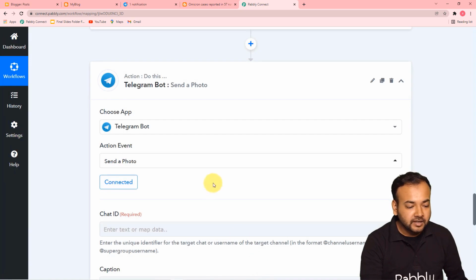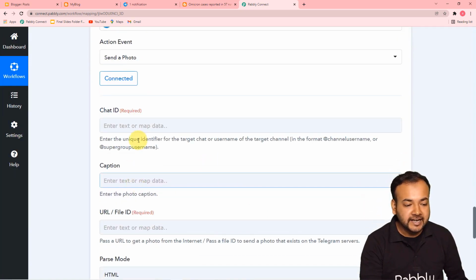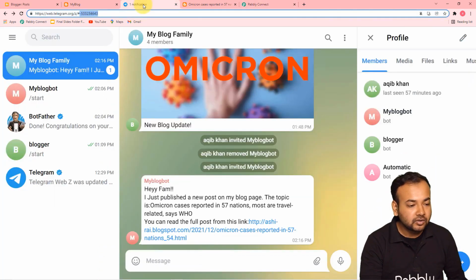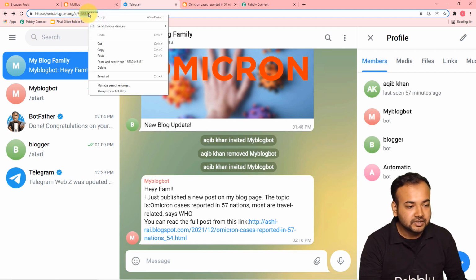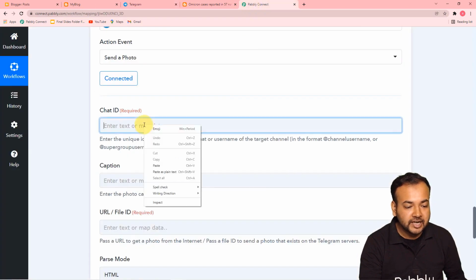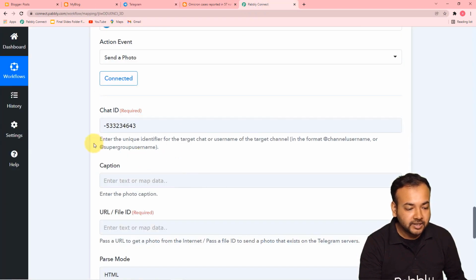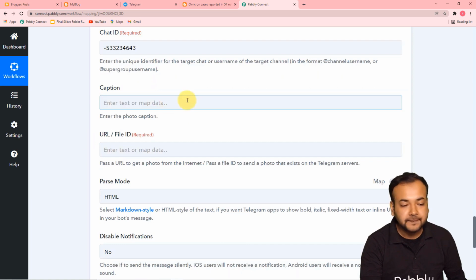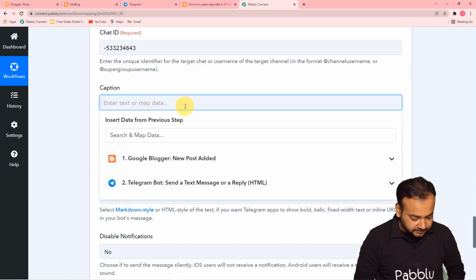Okay, and here it is asking for the chat ID. So you'll find the chat ID from your group. When you open your group, you will find the chat ID on the top on the search bar. Okay, after this hashtag, just copy this string of numbers from here, paste it here in this chat ID like this. Okay, and here it is asking for the caption, so you can write any cool caption here, like